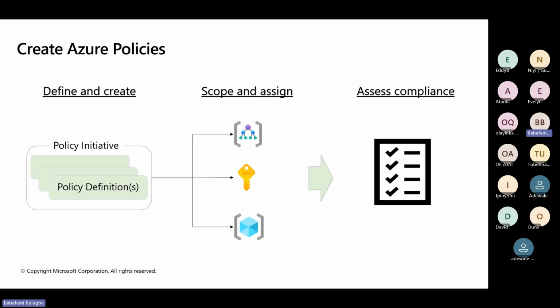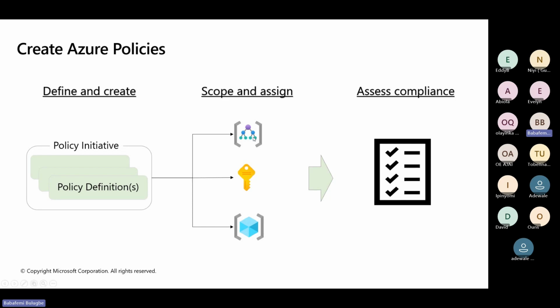And that's why you can see within that, you need to create what we call the policy definition. And the next one is the scope. Where do you want to apply this resource? As you can see, I'm sure by now you will at least understand some of the icons. So when you see this key, it's talking about subscriptions. So is it going to be applied on the subscription, or maybe on the resource group, or on the management group, depending on where you want to apply that particular